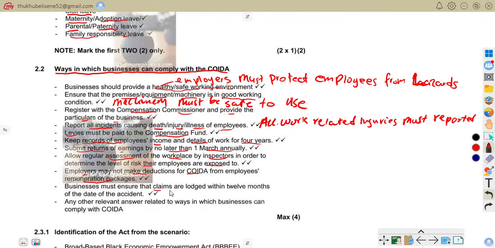Business must ensure that claims are lodged within 12 months of the date of the accident. So claims are lodged within 12 months. So the claim must be submitted on time. That is that. So any other relevant answer related to ways in which business can comply with COIDA is accepted. So now let us move on to